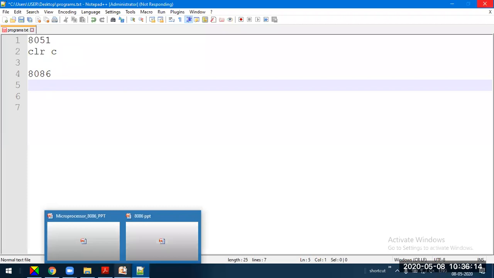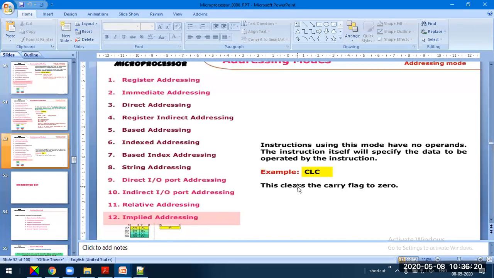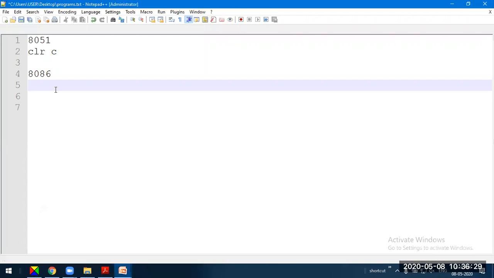We need not say it is the carry bit of the flag register. It understands that we are clearing the carry bit to 0. So we use the instruction CLC.